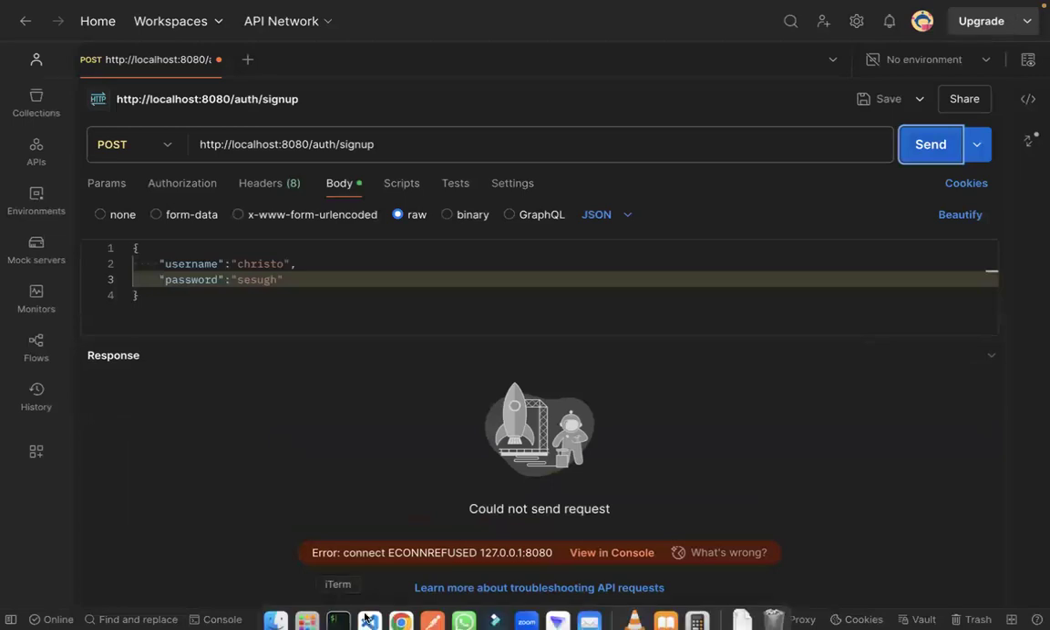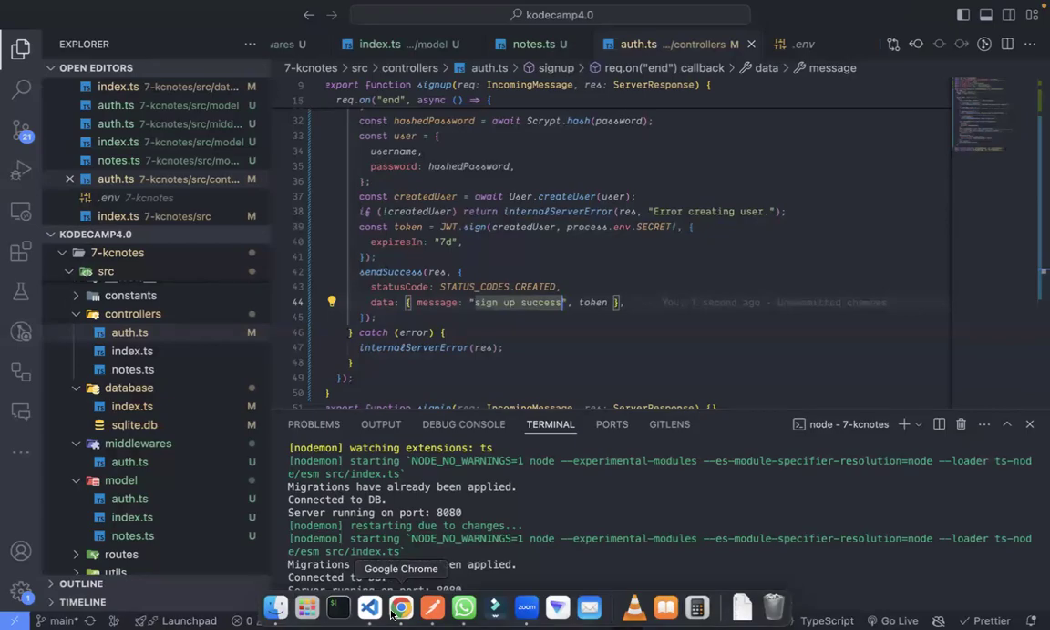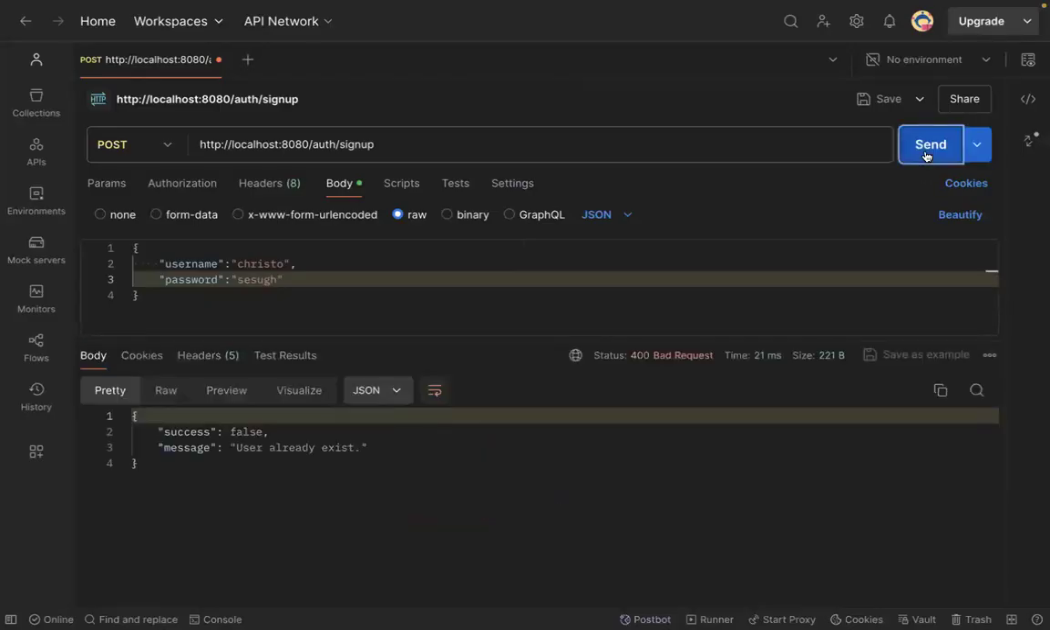oops, it's like our app has not started. Okay, now it has started. So now let's go again and send this request. Aha, but this time around, I'm going to use a user that is already in our database. So you have user already exists and success is false. Now, if you reduce this password to 2, and then you send,